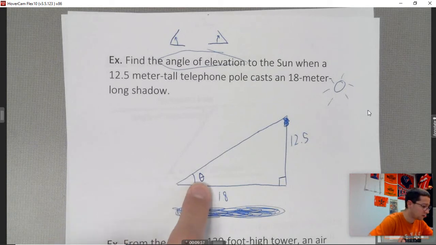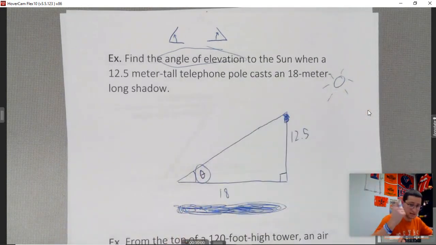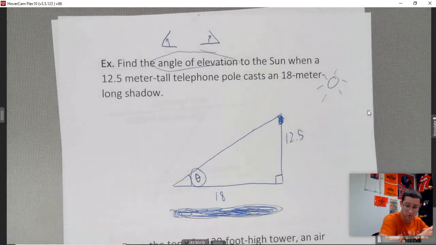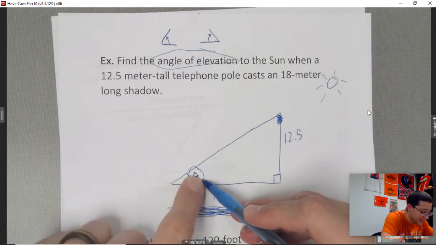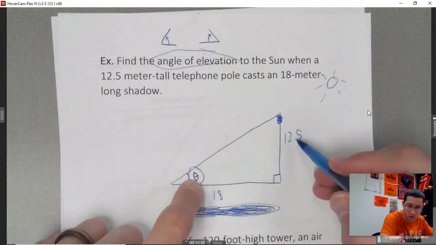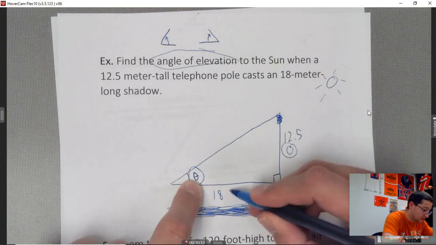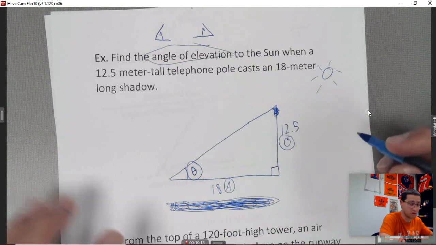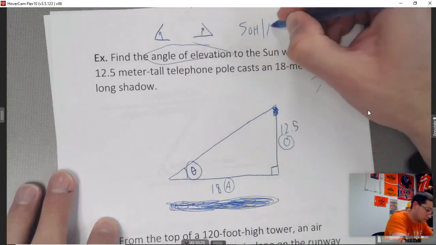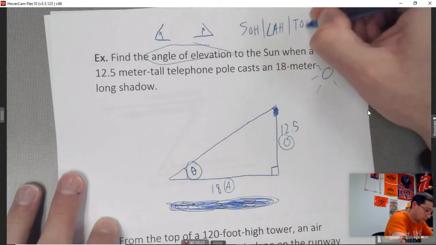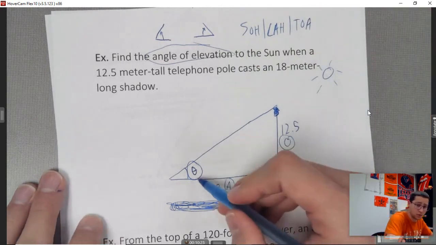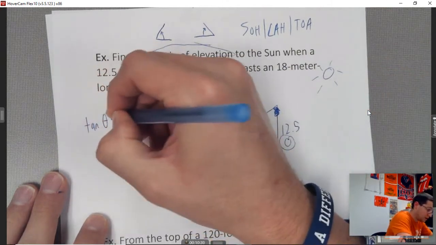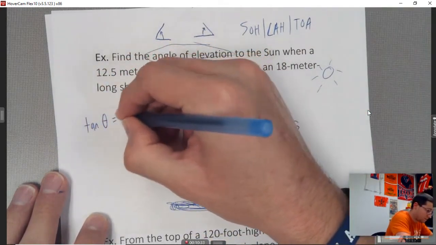Okay, so with theta, I see that I'm trying to find an angle and I have the sides. Again, that triggers me to use trigonometry, okay? Compared to the angle, always compared to the angle, I've got this as my opposite. I've got this as my adjacent. No hypotenuse, not in the context of this problem. I've got sine, cosine, tangent. Okay, so compared to theta, opposite and adjacent, so it's tangent of theta is equal to 12.5 over